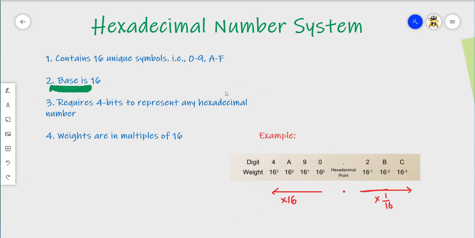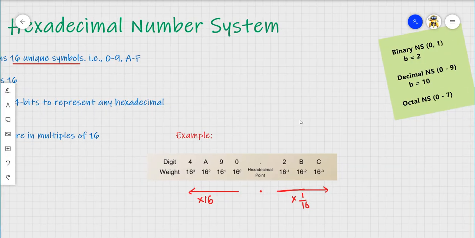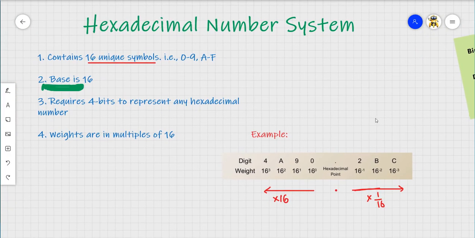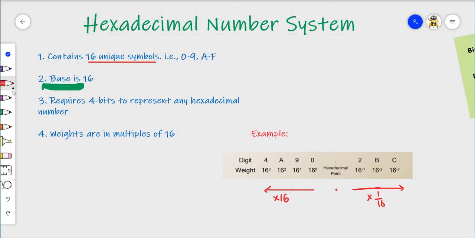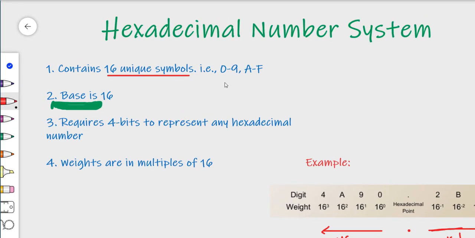Hexadecimal number system also contains its own characteristics. The hexadecimal number system contains 16 unique symbols, just like binary contains 2, decimal contains 10, and octal has 8. Just like that, the hexadecimal number system contains 16 symbols. But the only difference between the hexadecimal number system and your other number systems is that your other 3 number systems